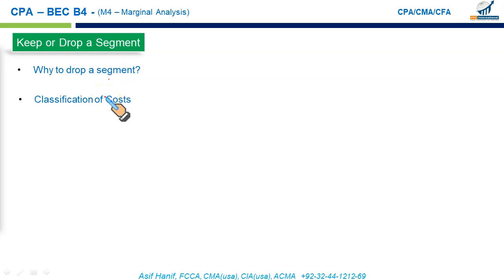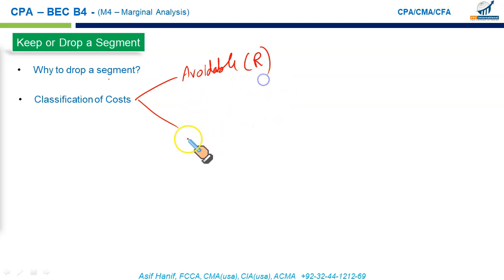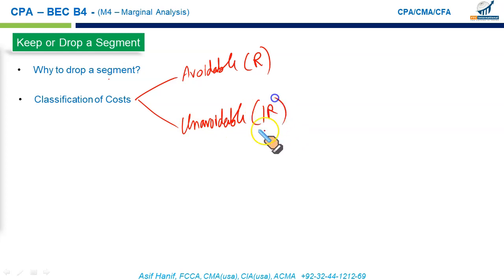So first of all, before deciding whether to continue carrying on a segment or just drop it and sell it off, we need to first classify the cost. The fixed costs associated with the segment must be identified and split into two types: those fixed costs which are avoidable, and of course they will be relevant for decision making, and those fixed costs that are unavoidable. Even if we discontinue a segment, these costs won't go. They are irrelevant. So take the relevant portion of the fixed cost and then compare it with the contribution margin